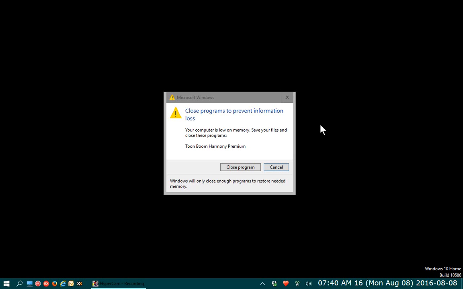Howdy! In this video, I am going to show you how to deal with this dialog box that says close programs to prevent information loss. Your computer is low on memory, etc. Right? So what's happening here is your computer doesn't have enough memory to do the tasks that you've asked it